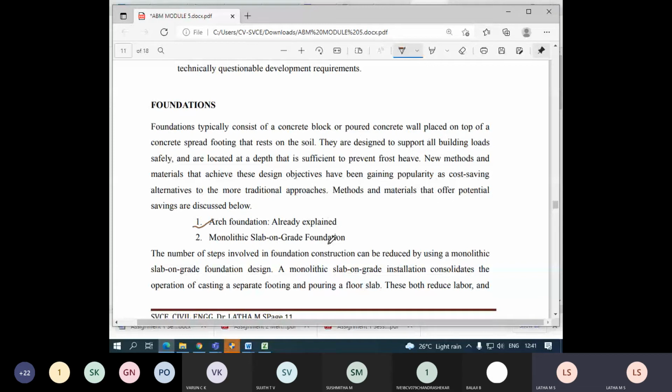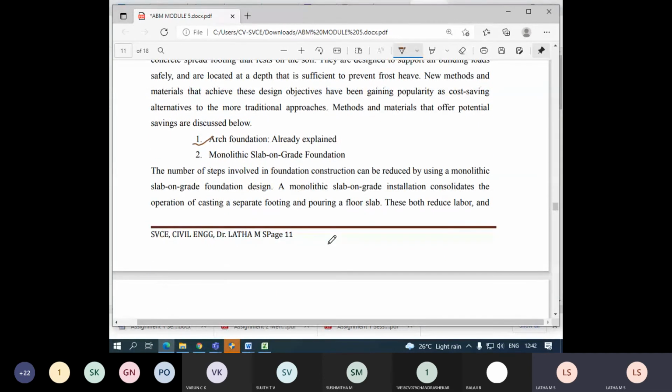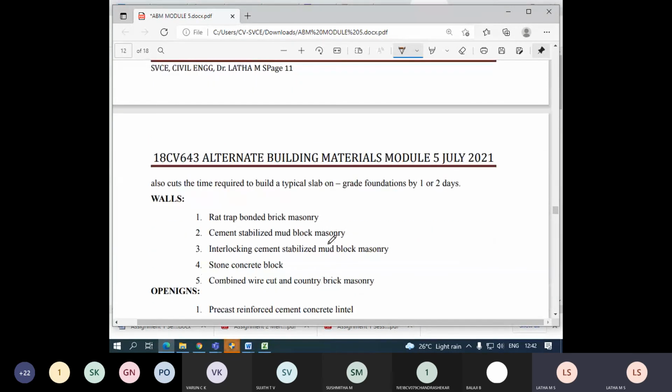But in the case of monolithic slab foundation, it entirely covers the plot. It will not distinguish. So you can raise your wall, load bearing wall or non-load bearing wall, at any point you require on the monolithic slab type of construction.